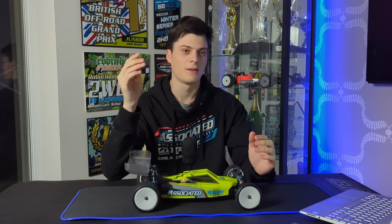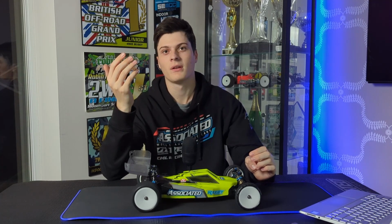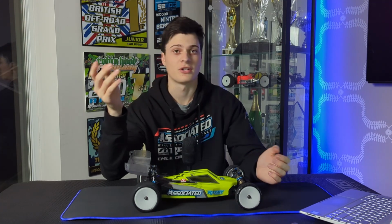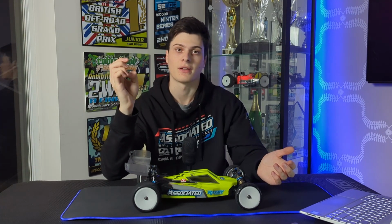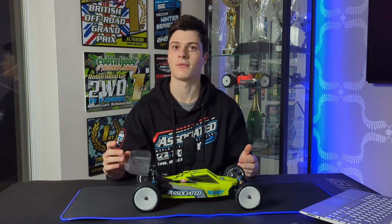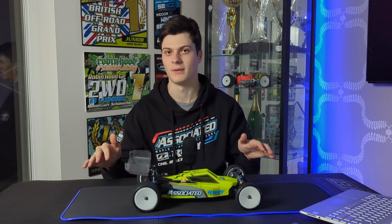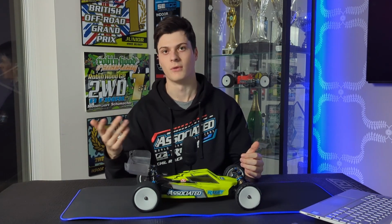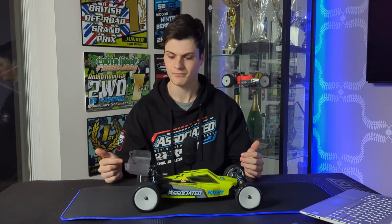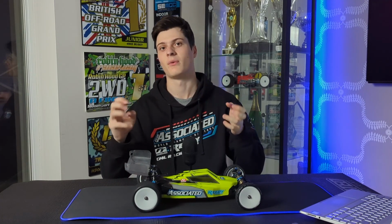So every 2-3 meetings you do, you should really check for oil. We check probably every meeting to check that the diff's full, but just every so often make sure that the diff's filled to the right point, not empty, because they do lose oil through time. Another thing with the diffs is they do have the O-rings in as well,